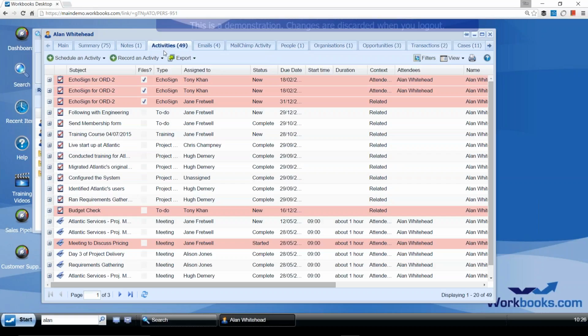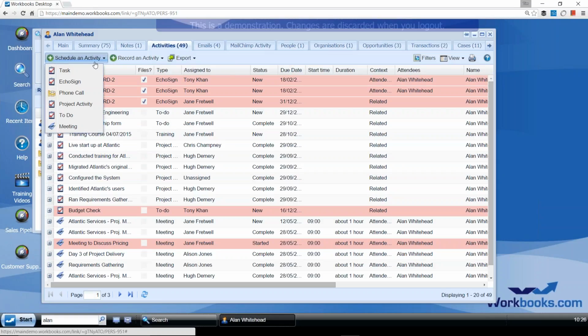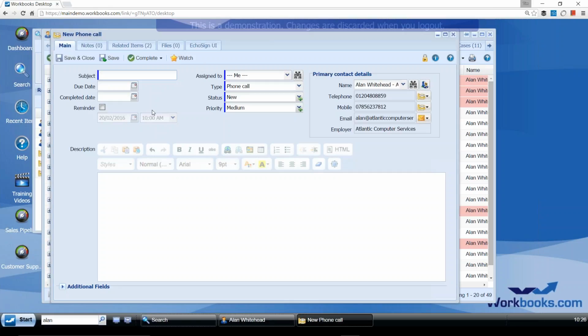You can have more tabs or less tabs as you wish to. And on Alan's record, we can see here a numerical indication, 49 activities on the go that have been recorded with Alan. So we could create new ones here. These are some of the options that I've got. You can also create your own activity types. So for example, here's one here called project activity, but let me take you through a very simple phone call. Let's imagine we want to have a reminder to phone this client in a week's time. So I pop in here some kind of subject or reference of this phone call,